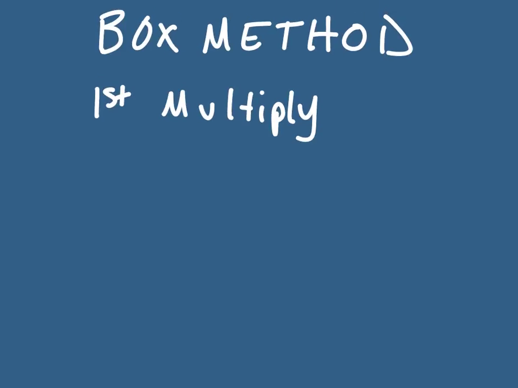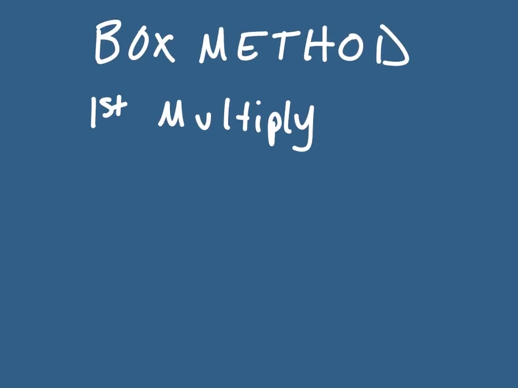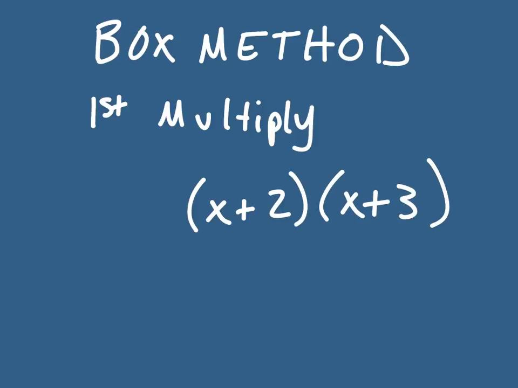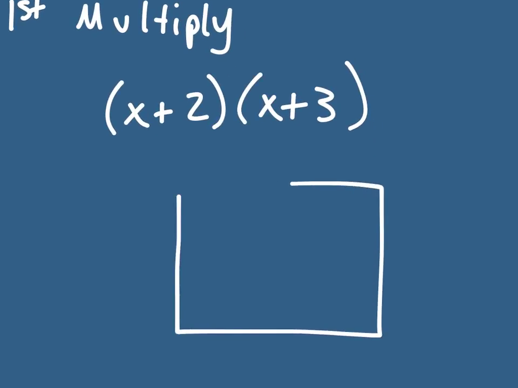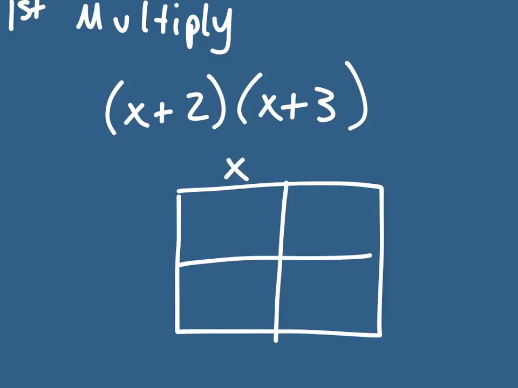So let's say I want to multiply x plus 2 times x plus 3. Multiply these binomials together. What I do is make a box with four smaller boxes, just like that. I'm going to put one of my binomials on the top and one on the side. It doesn't matter where they go, order doesn't matter here, but I'm going to do x plus 2